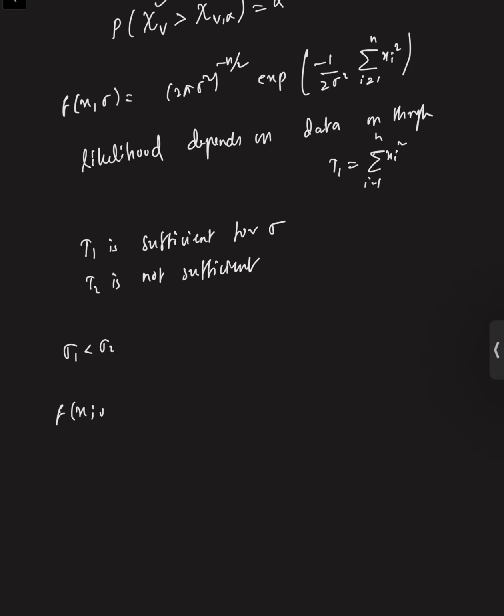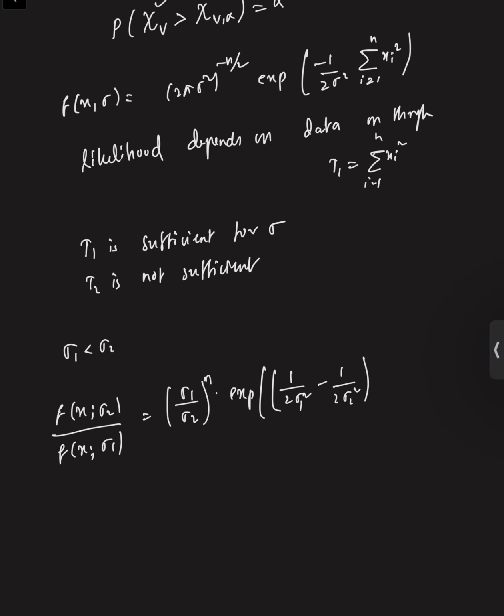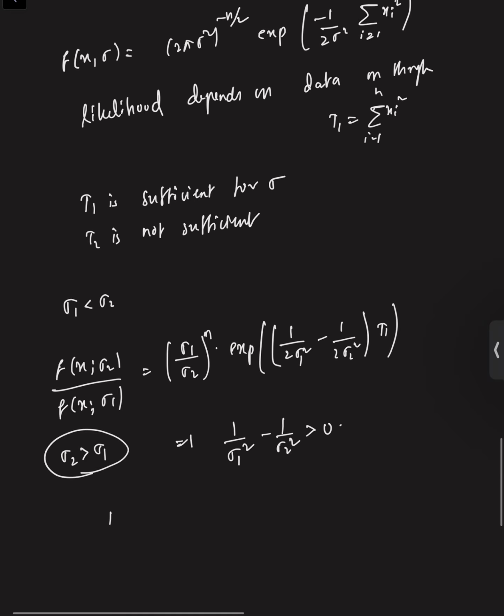of x comma sigma 2 divided by f of x comma sigma 1 is nothing but sigma 1 by sigma 2 whole to the power of n into exponent of (1 by 2 sigma 1 square minus 1 by 2 sigma 2 square) into T1. So since we are having sigma 1 less than sigma 2, 1 by sigma 1 square minus 1 by sigma 2 square is greater than 0. So that means this likelihood ratio is strictly increasing